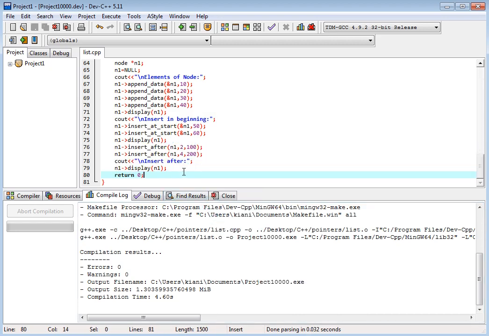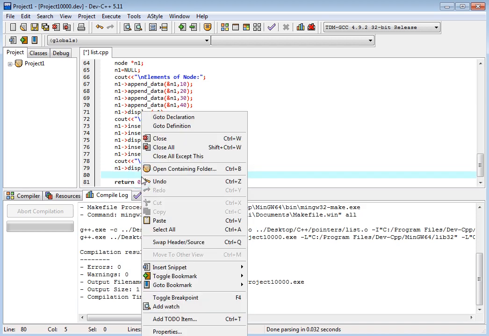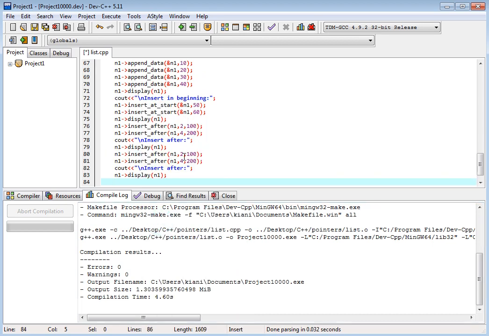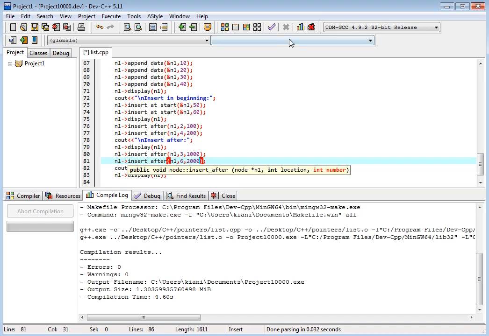Copy, and we should paste. After the third location put 1000, and after the sixth location put 2000.